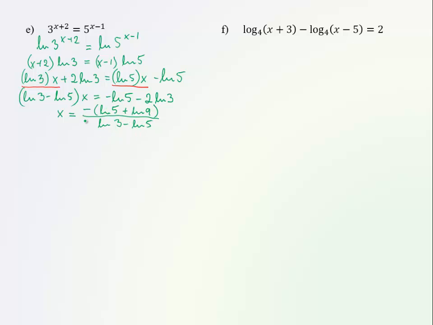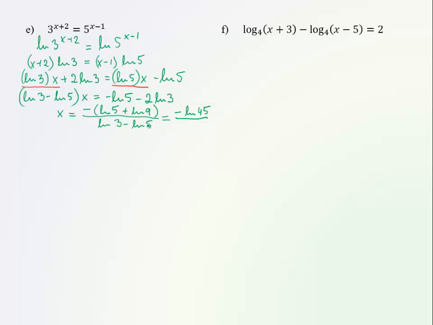So this is already a good answer, it's an exact answer, but we could simplify this even further, saying this is negative, and ln 5 plus ln 9 is like ln of 5 times 9, so it's ln 45. In the bottom, we have ln 3 minus ln 5, so it's the same as ln of 3 divided by 5,